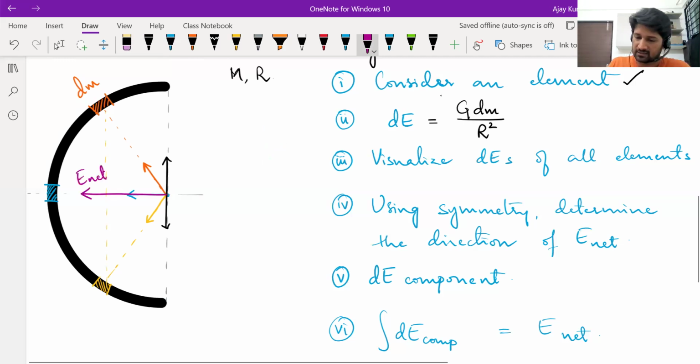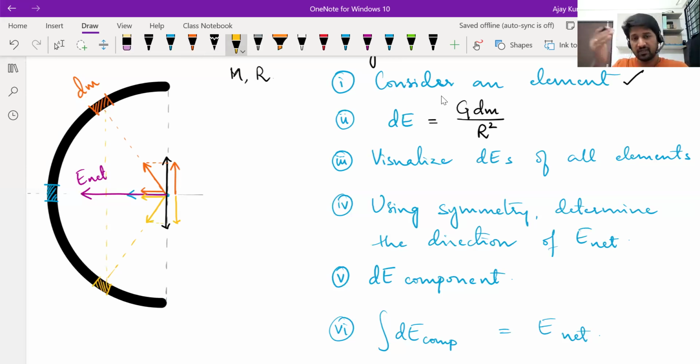We can justify it like this. Look at that orange element's field. It will have a y component this way. The yellow element's field will have an equal y component in the opposite direction. They'll cancel, but their x components are going to get added up. The orange one's x component is to the left, the yellow one's x component is also to the left. Every element's field's x component will be to the left,